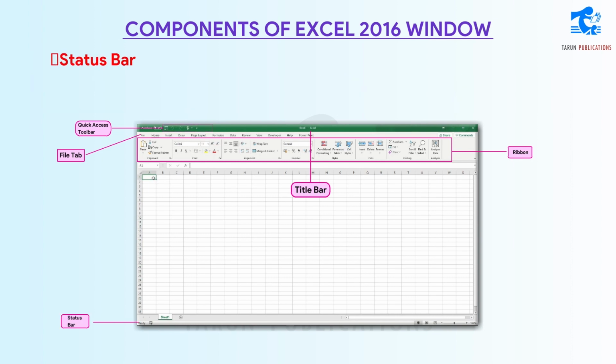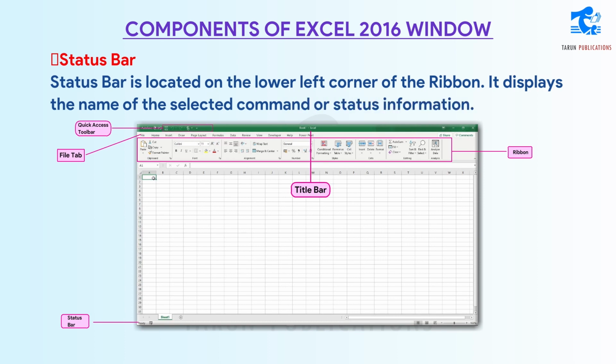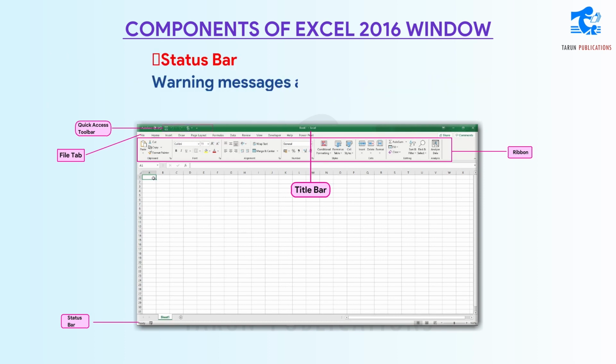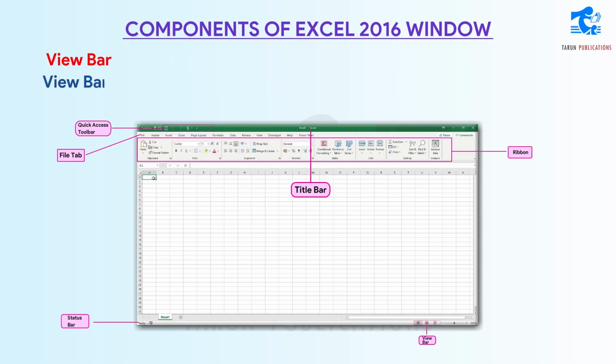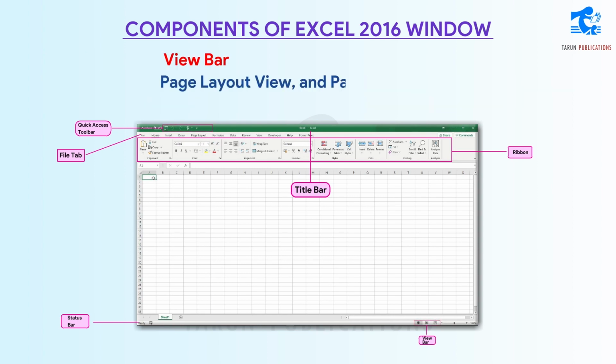Status bar. Status bar is located on the lower left corner of the window. It displays the name of the selected command or status information. Warning messages are also displayed here. View bar. View bar is located on the right side of the status bar. It helps us to view the worksheets in a different mode such as normal view, page layout view, and page